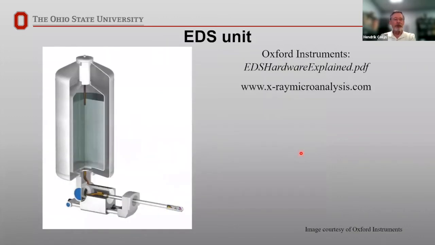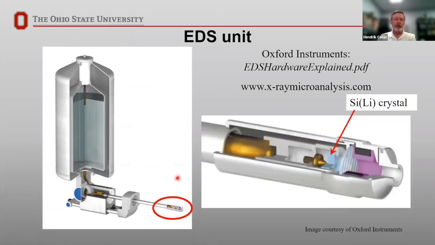Now, you may have seen pictures of these detectors sitting on microscopes. The detector unit looked almost as large sometimes as an SEM column, but you'd see these hanging on the sides of TEM columns as well. And they look very impressive, but the whole thing, this big unit on the side, is just holding a lot of liquid nitrogen, just a big dewar. All the work actually got done down in the tip here.